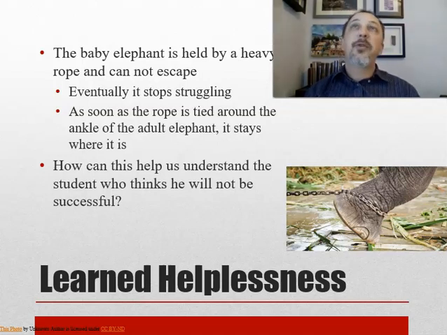So you'll see this huge elephant with a very small rope around its ankle, and it's learned that it can't get away, so it doesn't try, even though that adult elephant could stomp all those terrible people who've treated it so horribly. Nothing could stop it. But because it learned that it didn't have that ability when it was a baby elephant and weaker, it's learned that it can't do anything.